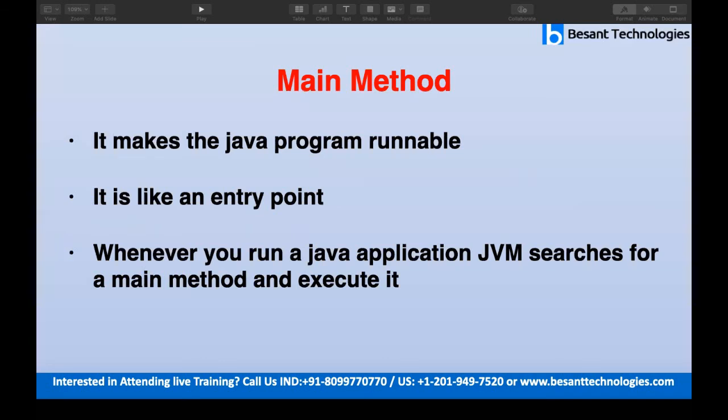That is the one which makes this class runnable. Without a main method, you cannot run the code. It will be a configuration only. Only if you have a main method will it become a Java application. And this main method acts like an entry point. This makes a configuration into an application.